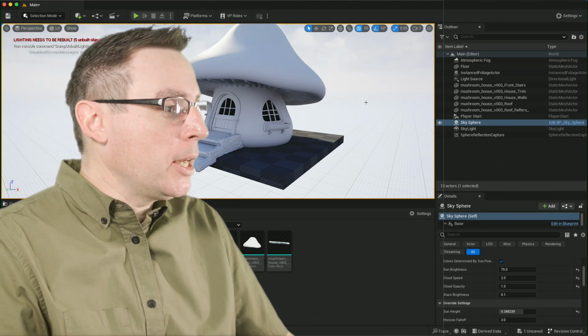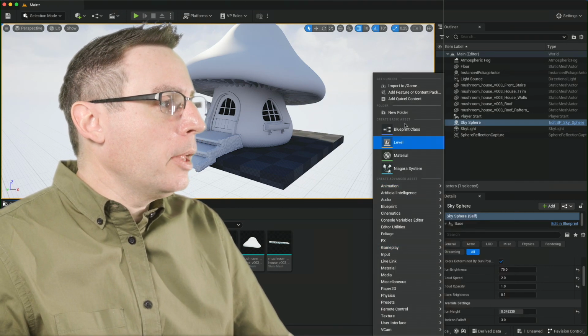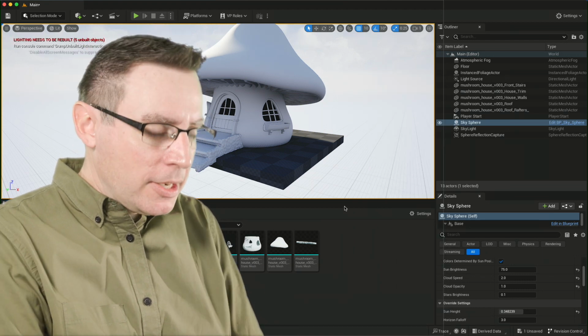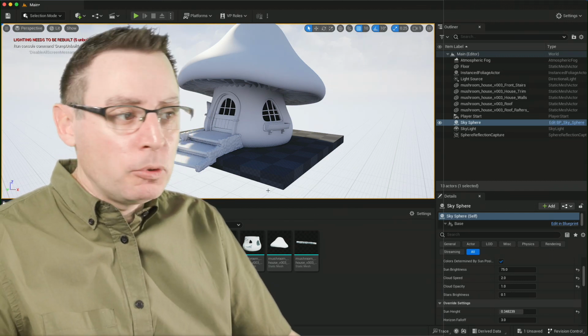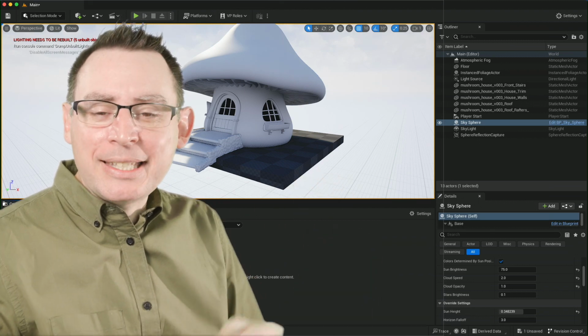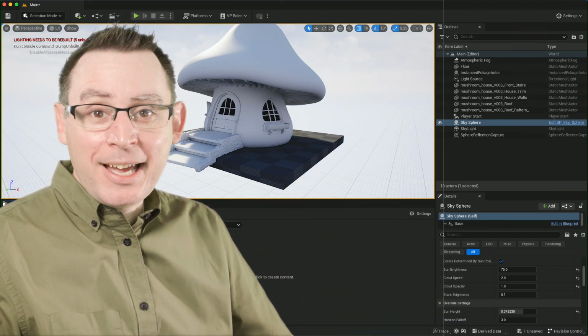I'm going to jump over into my content browser and then right click just in the background of this empty area. And then from the pull down menu here, we're going to do new folder. And let's just give this a name. I apologize for it being in front of my body at the moment. I'm just naming this folder textures. Now, if you were to double click on that folder, any new asset that you import into the Unreal Engine is going to be placed automatically inside of this folder.